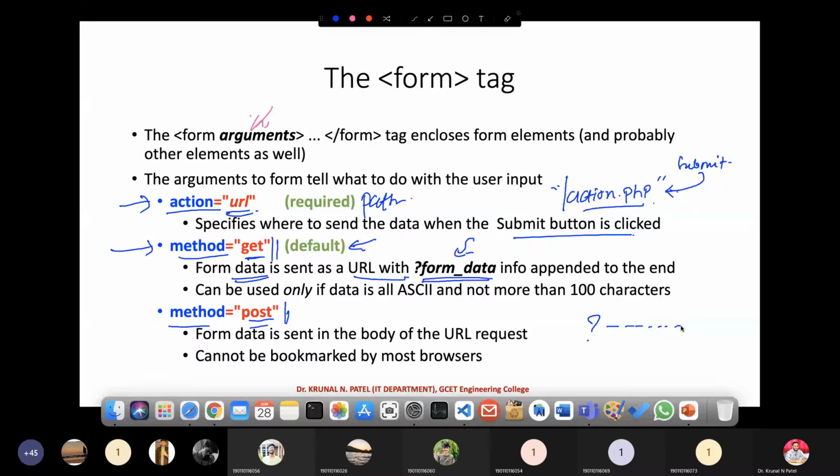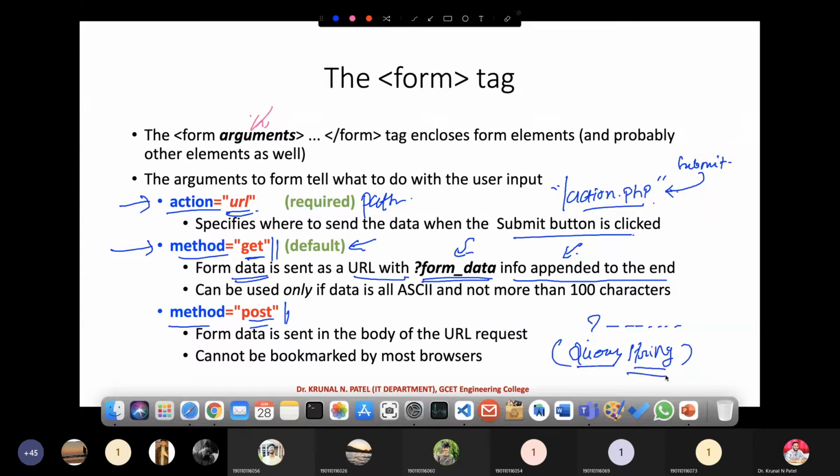Your information is appended to the end of the URL. I will show you when we talk about the example, but right now just remember that with the get method, form data is appended at the end. It is also known as a query string.